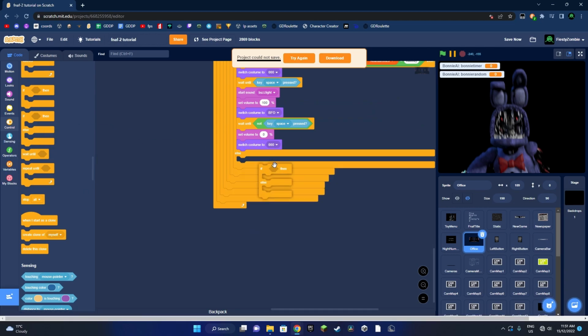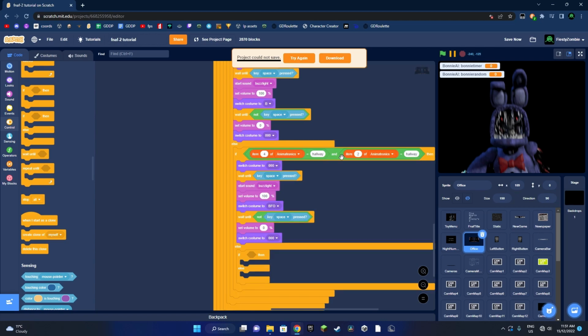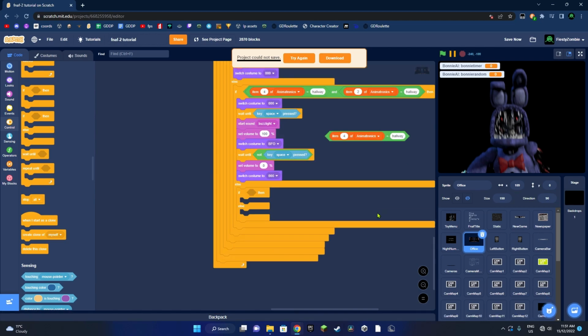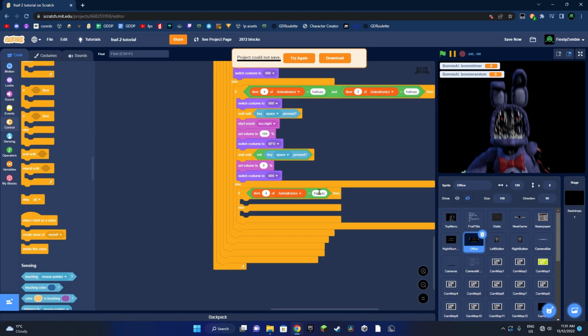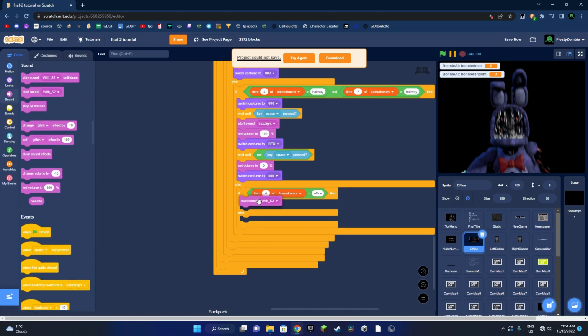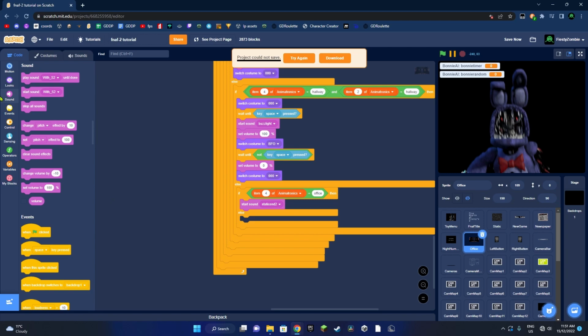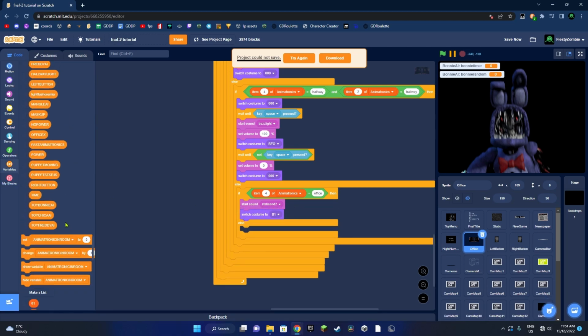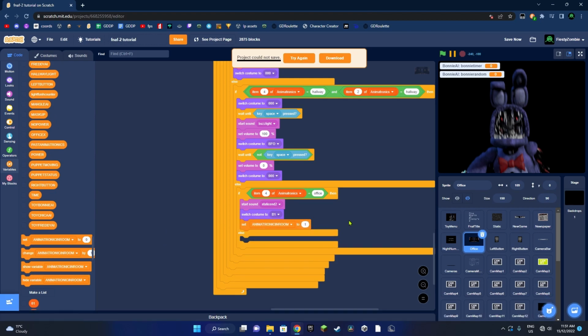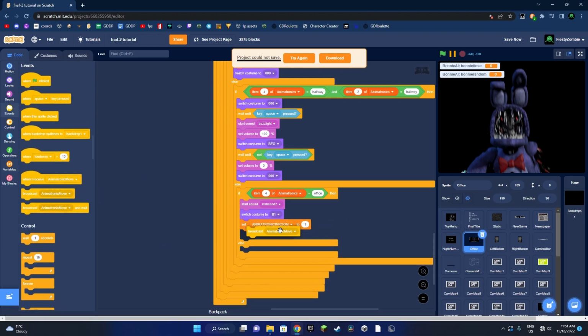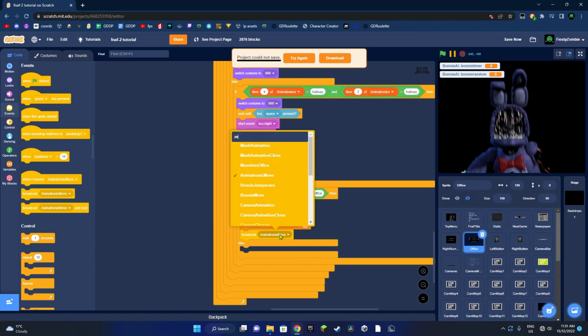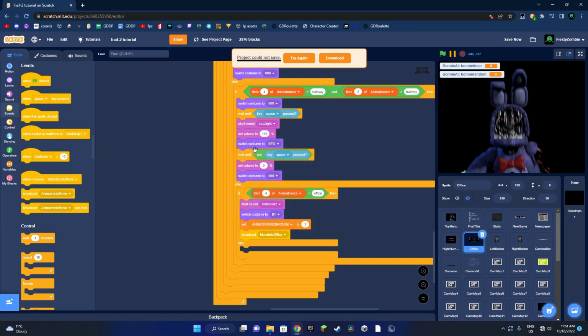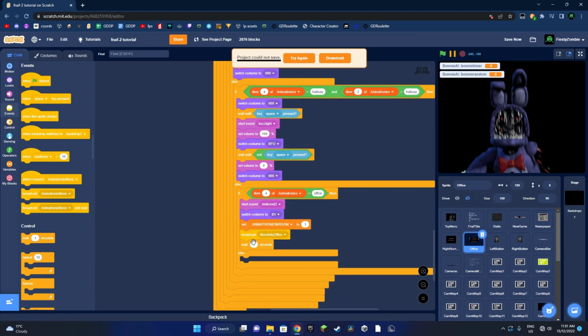Okay, so in the else we need one more if, and then we say if item 4 of animatronics is office, we go to sounds and we start sound static end 2, we switch costume to B1, we set animatronic in room to 1, we broadcast move into office, we wait 0.9 seconds,